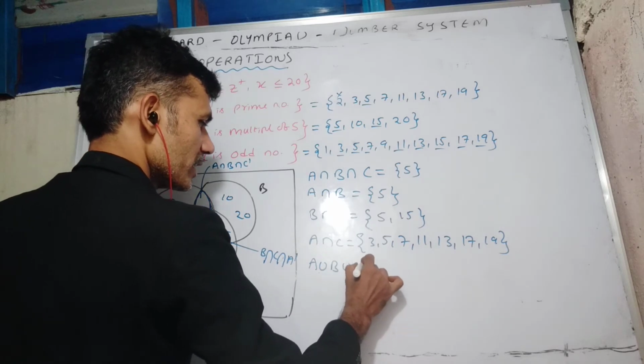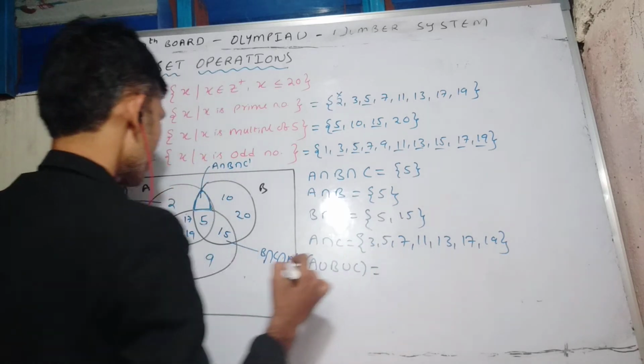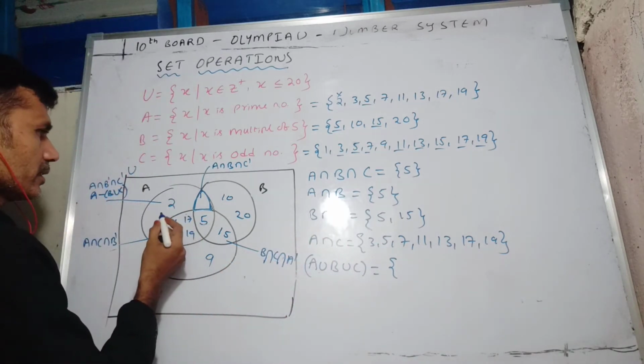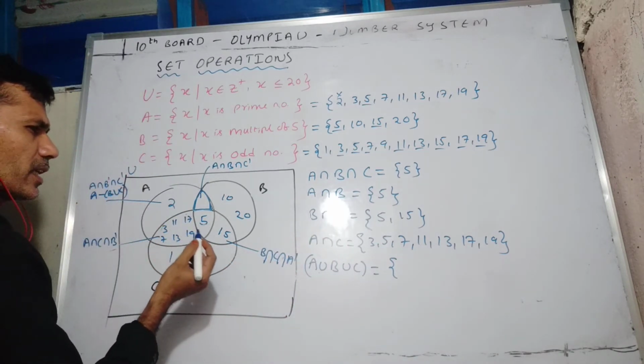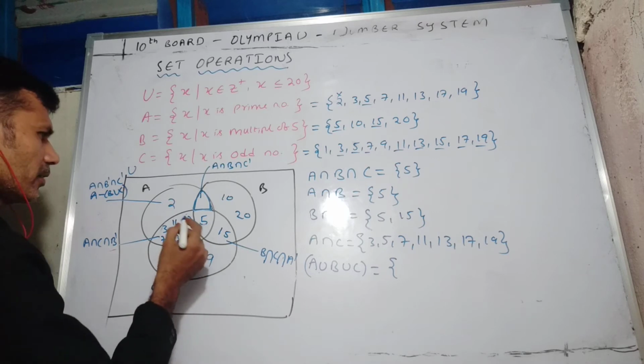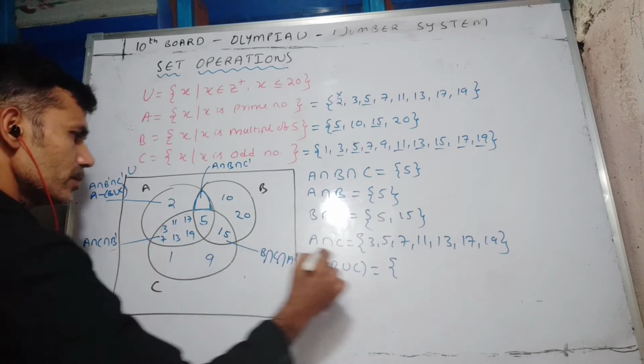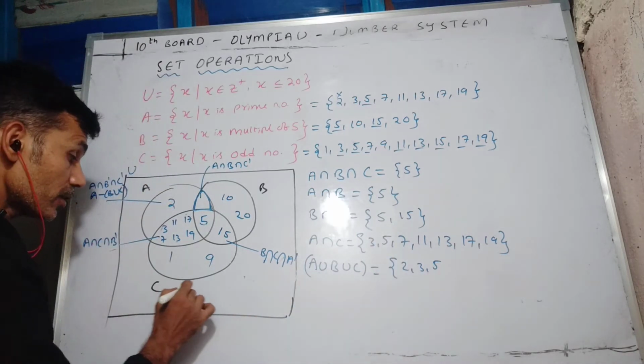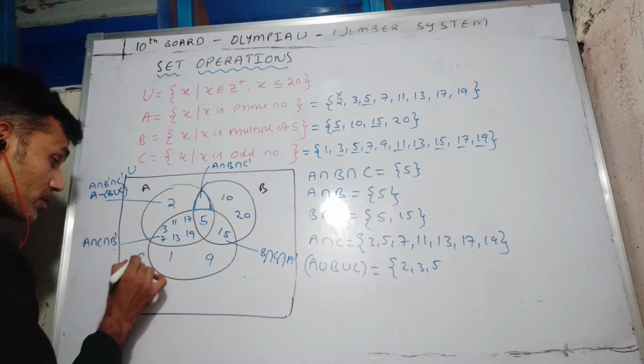A union B union C we can write. What and all elements are there you see. We can start with how many elements are there, cardinal number, that is enough. Okay, we will write that also. 2, 3, 5, 4 is not there. So 4 what it will be? It will be outside see.